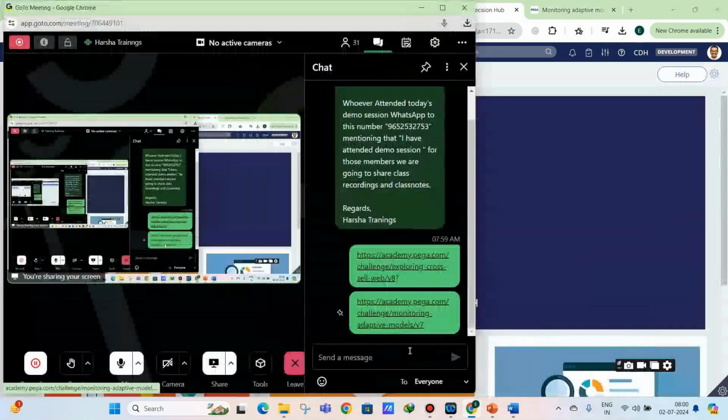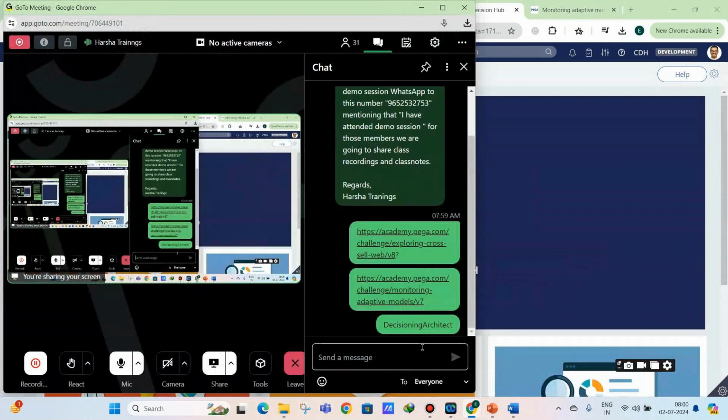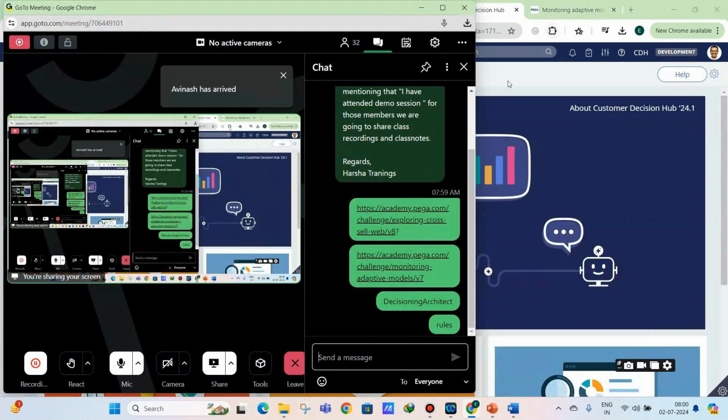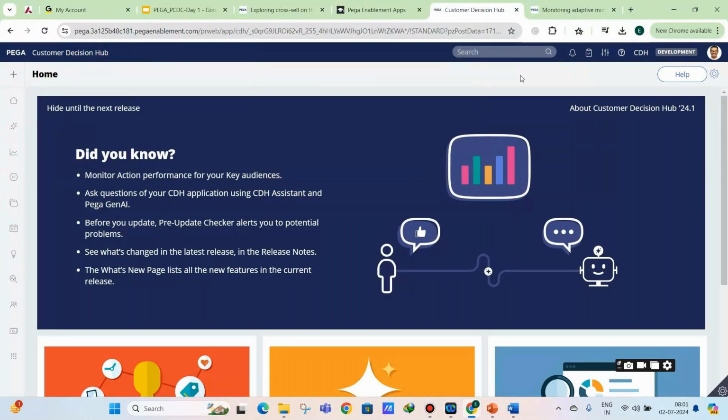Every day we will be using these links only to practice. For all the exercise systems, this is the same username and password: the username is decisioning architect, and the password is rules. Please save this credential somewhere and try to practice with the same exercise system.